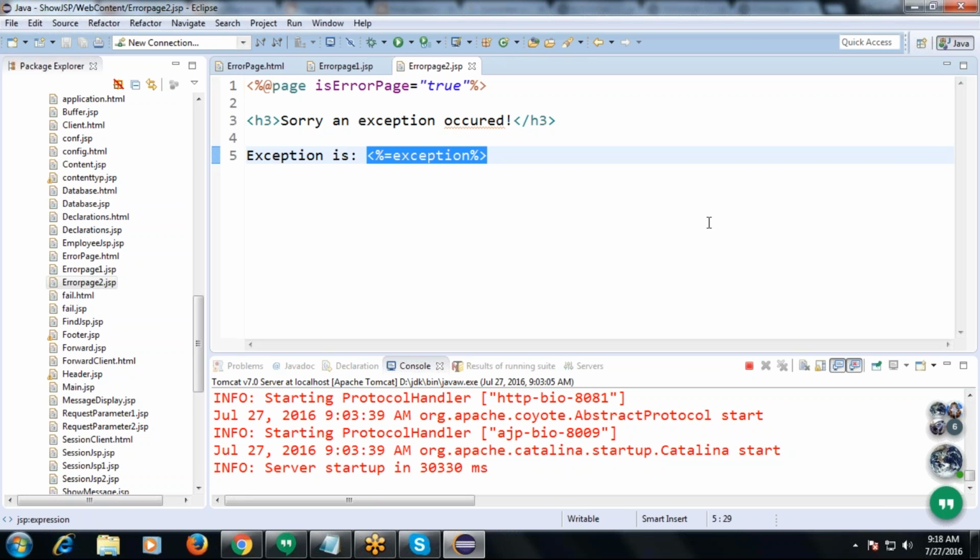Today's discussed page directive attributes are contentType, language, isErrorPage, and errorPage, and in the last session, buffer and import. This is also one of the interview questions: what are the attributes for the page directive?